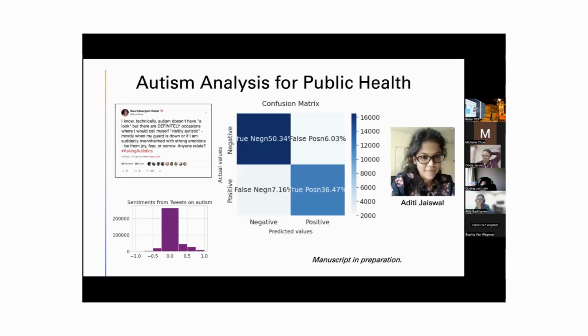Another area is social media data mining, which you kind of saw from the Twitter mining. So going back to Aditi's project, in addition to collecting that data set, she ran some machine learning on it to see, okay, can you predict whether someone has self-identified as having autism or not on Twitter based on all their tweets, stripping away all the obviously autism-related words. So strip away the hashtags, strip away any mention of autism, and just from their language, you predict autism. And it seems to do reasonably well, 80-something% accuracy, which is interesting on a data set of millions, so it's big data.